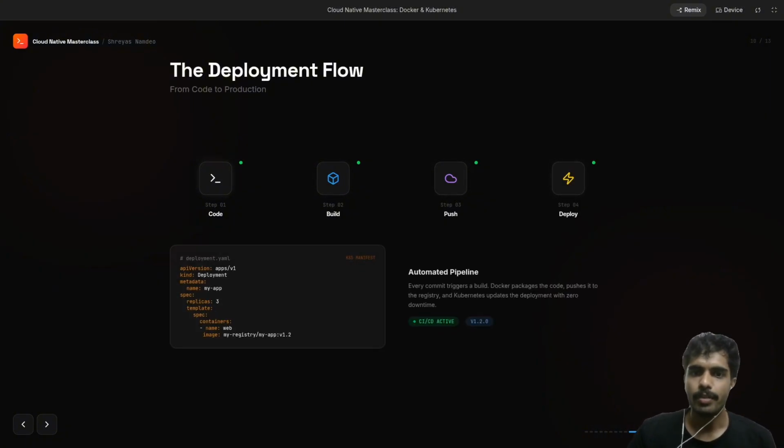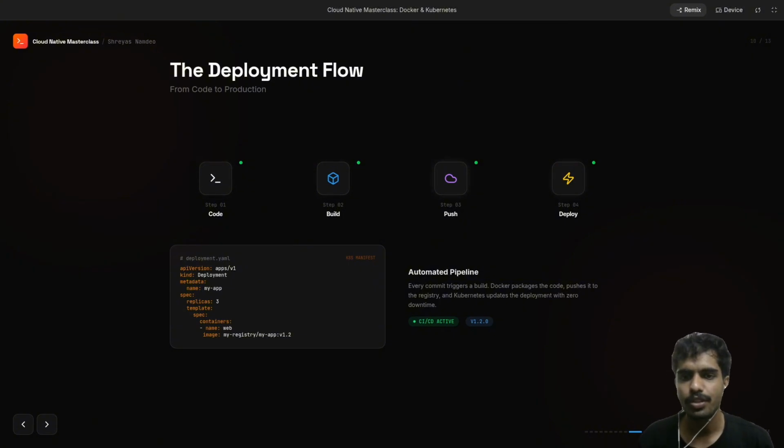Another is the deployment flow, how your code is deployed so that everyone can use it. The first step, you code, right? Basically you code and you push your code to an online website. For example, let's say you push it to a repo on GitHub. After that, you build a Docker image. A Docker image is like a simple text file in which you describe: use this Python version, use these libraries, copy my code, run these few commands before building my code, and so on, right?